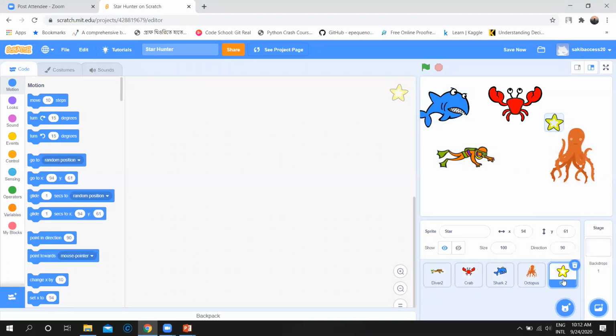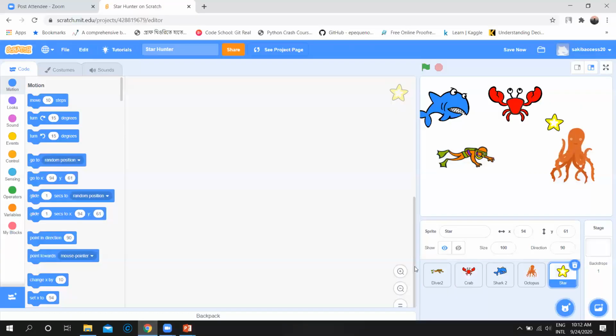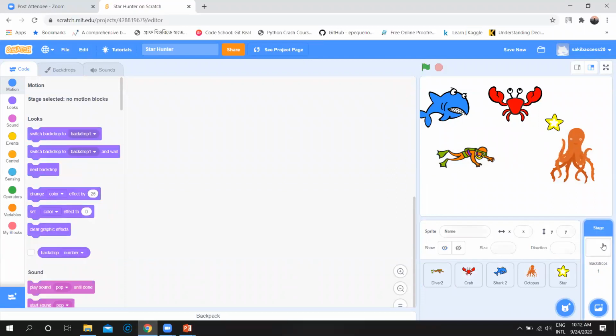Okay, and also we will add some backgrounds now, like stars and underwater 2. I hope when I give you the slides, you will get it. I will add two backgrounds or backdrops, underwater and star. How can you add a backdrop? By clicking on this backdrop library.